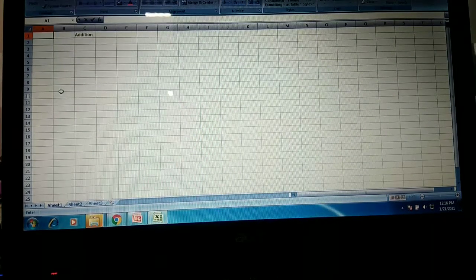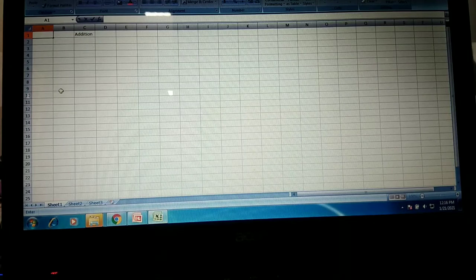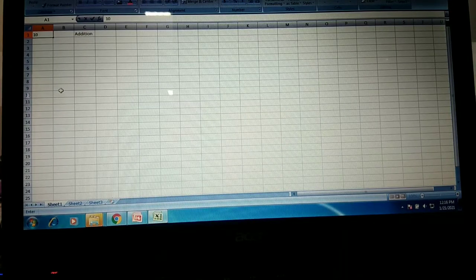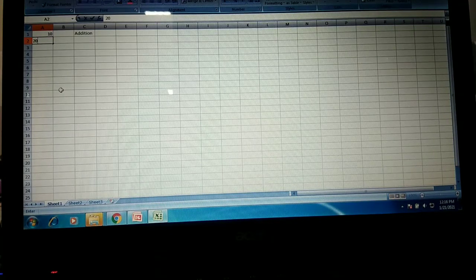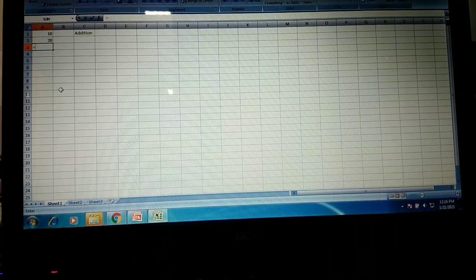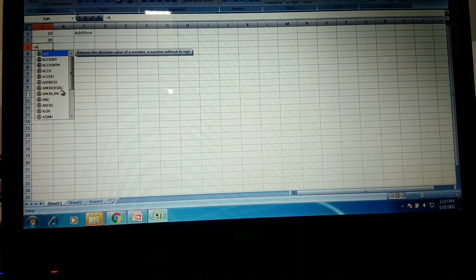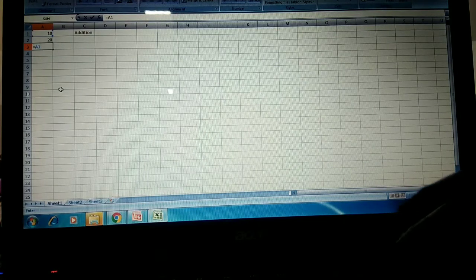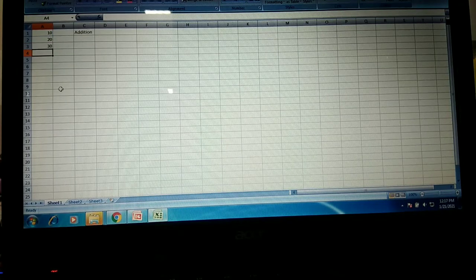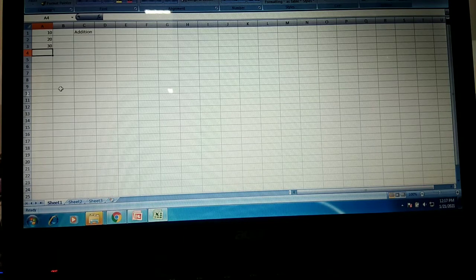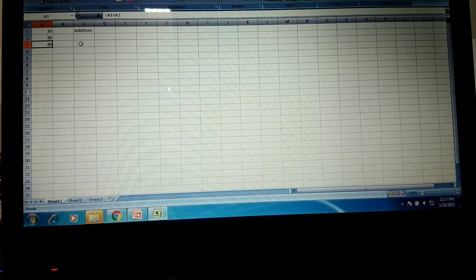Step 1. In cell A1, type the number 10. Step 2. In cell A2, type the number 20. Now you have to add the values using a formula. Press enter key or click on the enter button in the formula bar will result in 30 getting displayed in the cell A3.